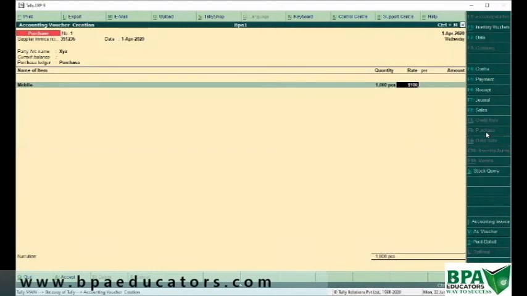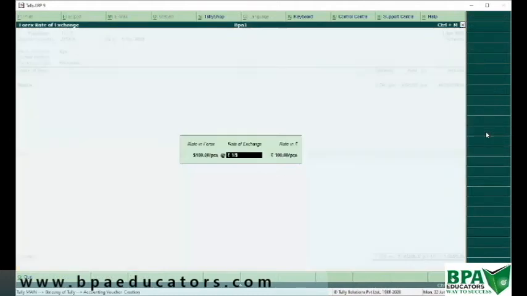Now, in dollars the amount should be 1 lakh dollars, but because we are in India we also have to take care of Indian currency, because income tax and GST liability are calculated on the basis of Indian currency. So when I press enter, the system will ask for the rate of exchange, because the system needs to understand the price of one phone in INR.